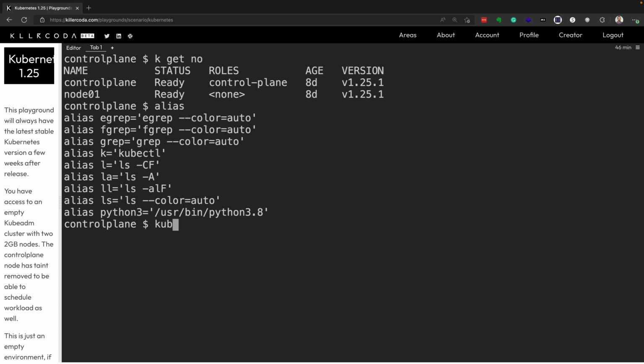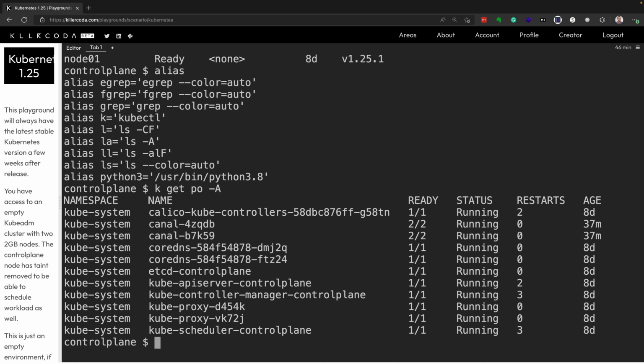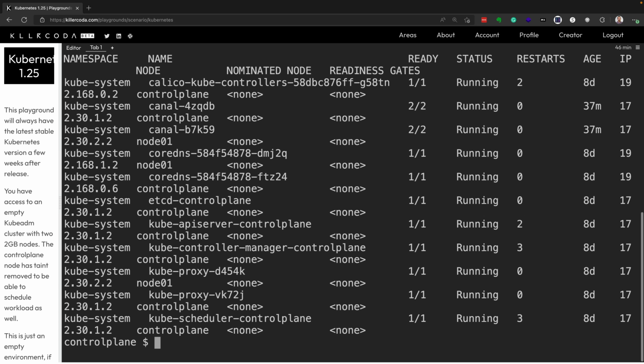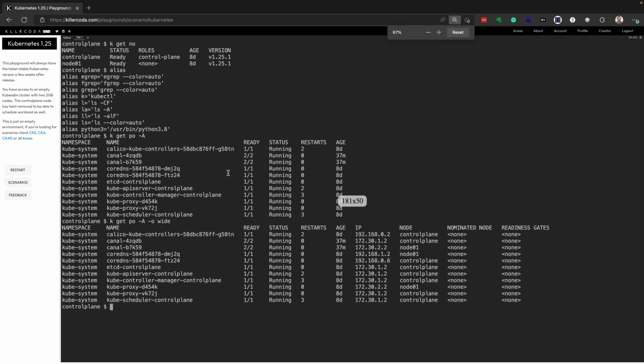So if we do kubectl or k, get pods in all namespaces, that's what the capital A means, we'll see that there are a number of control plane components running, and we can see that they're running on the control plane by doing a -o wide after that command. It's kind of large here, so we'll minimize it. And so just to look at this in all one row here,